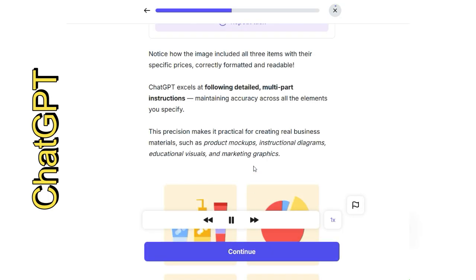Notice how the image included all three items, with their specific prices, correctly formatted and readable. ChatGPT excels at following detailed, multi-part instructions, maintaining accuracy across all the elements you specify. This precision makes it practical for creating real business materials, such as product mockups, instructional diagrams, educational visuals, and marketing